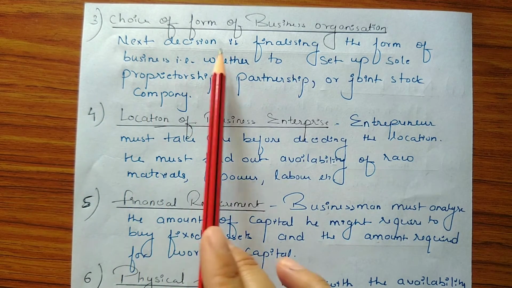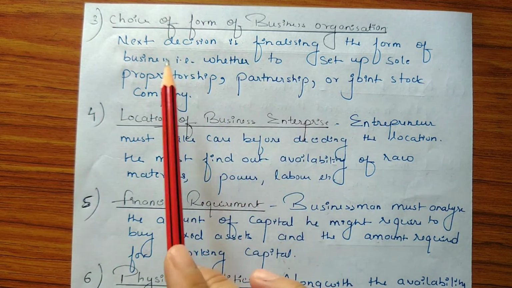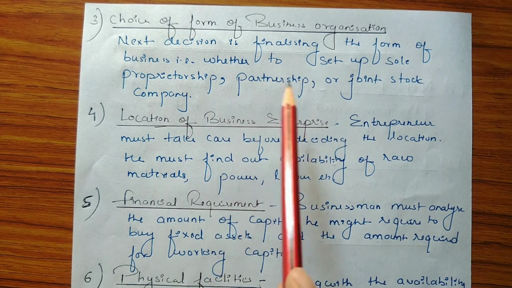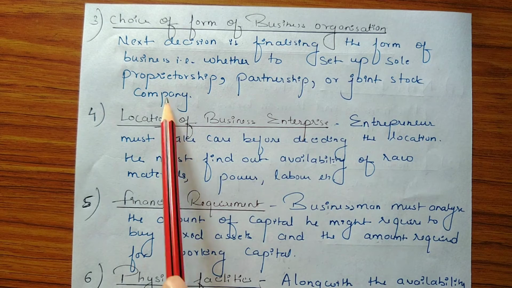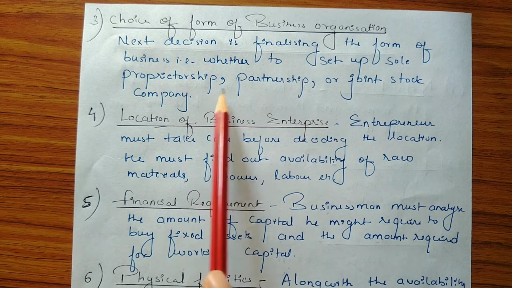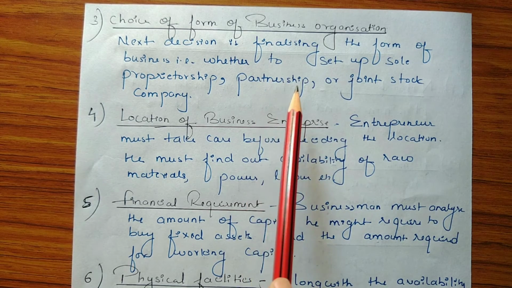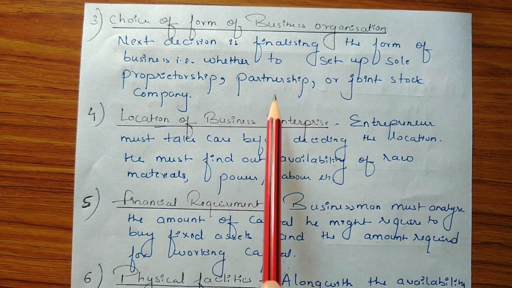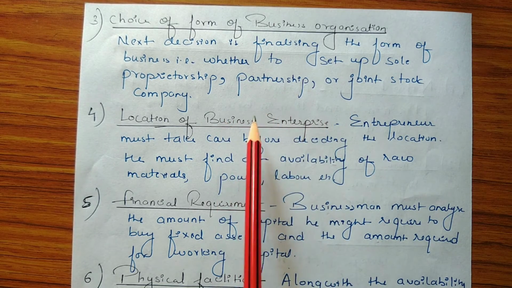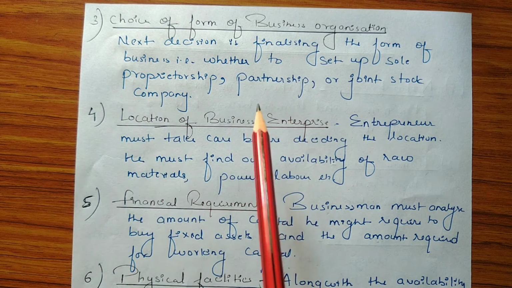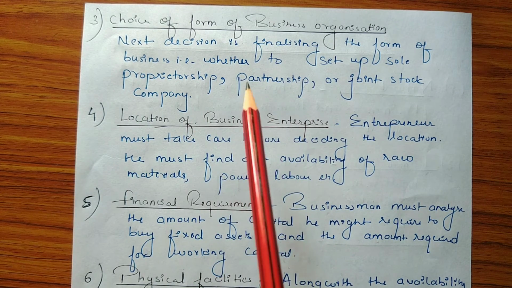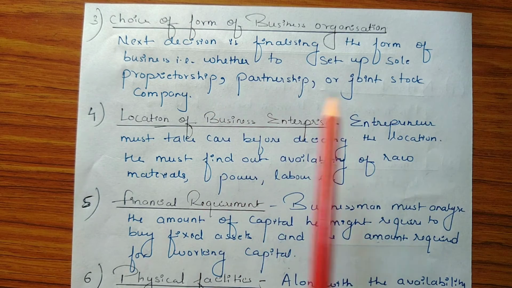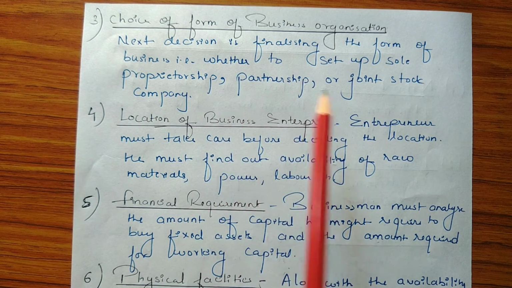Next factor is choice of form of business organization. So the next decision which the businessman has to take is finalizing the form of business, that is whether to set up a sole proprietorship, partnership or joint stock company. Sole proprietorship means a business owned and managed by a single individual. Partnership means two or more persons form a partnership to carry on business. And joint stock company is an association of many persons who contribute money to start a business. This decision depends on various factors such as amount of capital, liability, legal formalities, etc. So if the businessman is interested in small scale business, then he must prefer sole proprietorship or partnership. And for large scale operation, he must prefer